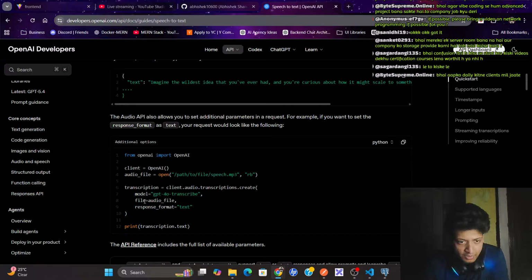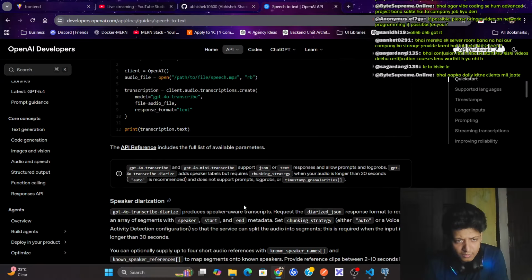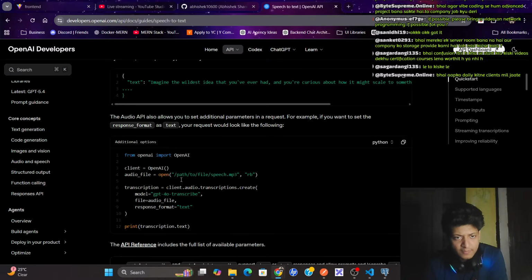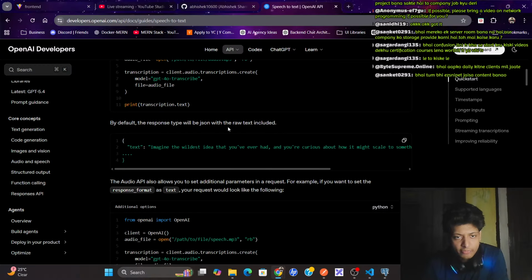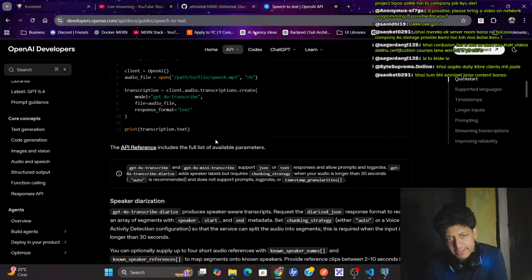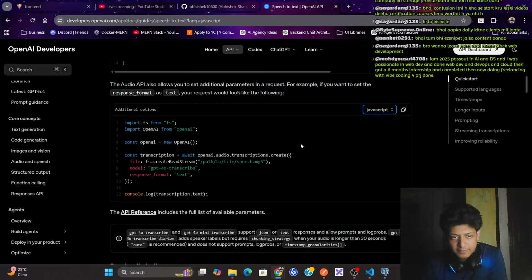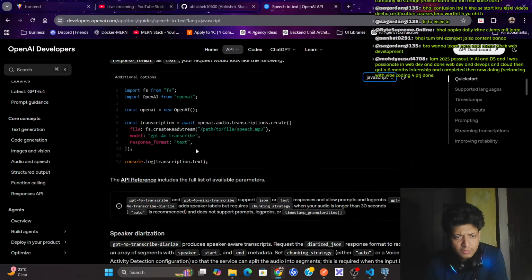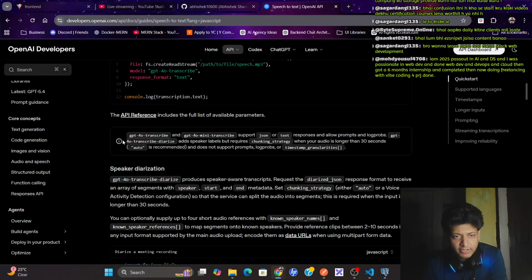I have to create an audio file. Response format text. Speaker diarization. Basically this is the main thing: the audio file and the model, then it will get the text. In Python, no, I need JavaScript. Okay, this is JavaScript only. File create.